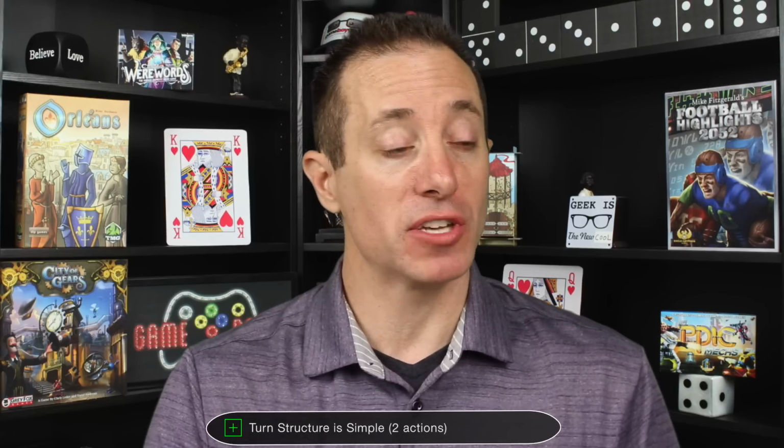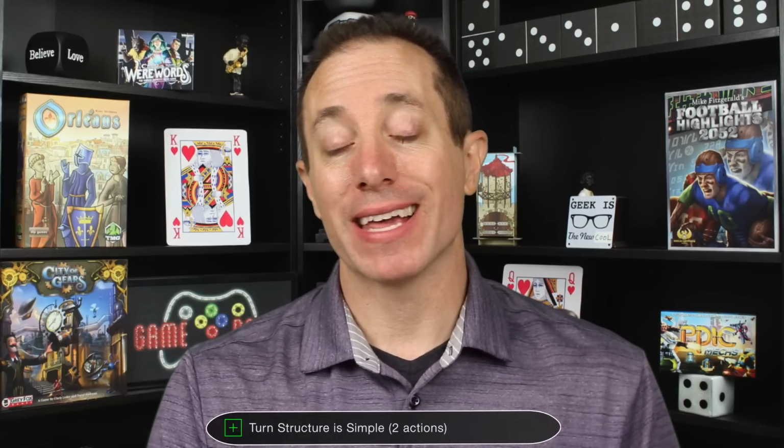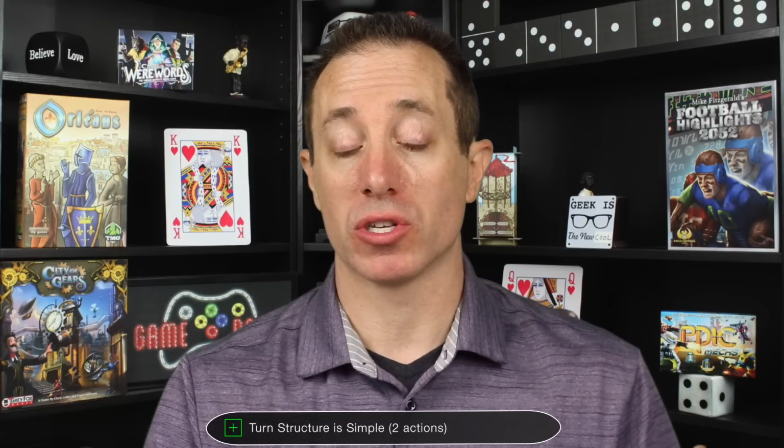I like that the turn structure is simple. The structure itself, I mean, you're just playing cards and taking 2 actions. That's it. And it goes to the next player. So from an action standpoint, the game is pretty simple, and I like that. Of course, there's a lot of interactions and a lot going on in this game. By the way,